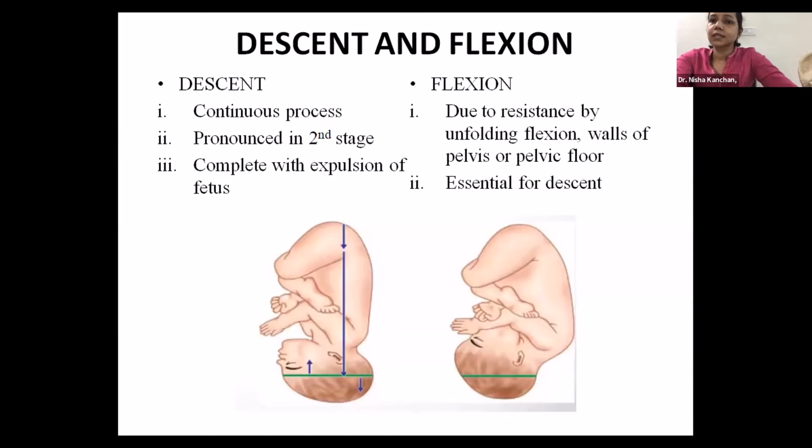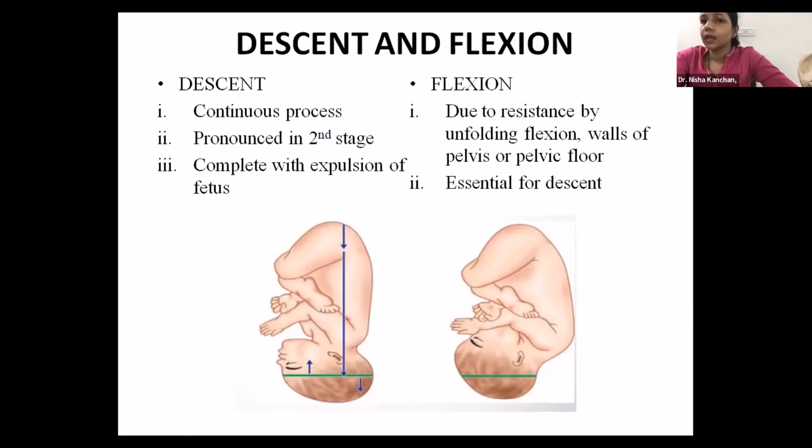Okay, where there is descent of the fetal head. Other factors are uterine contractions and bearing down, and the pressure from the amniotic fluid. All of this will help in descent. Now, the purpose of flexion is to get the smallest circumference or the smallest diameter available to enter through the